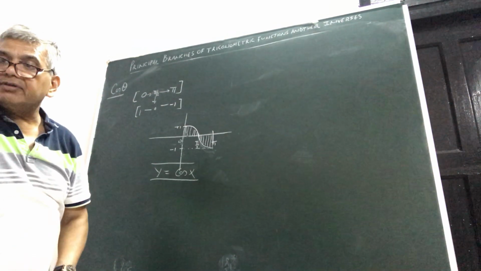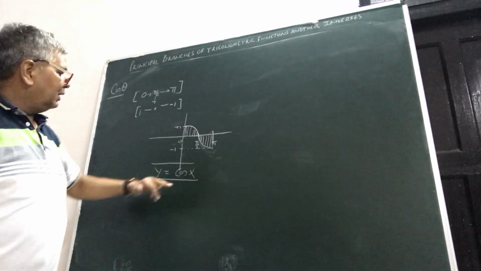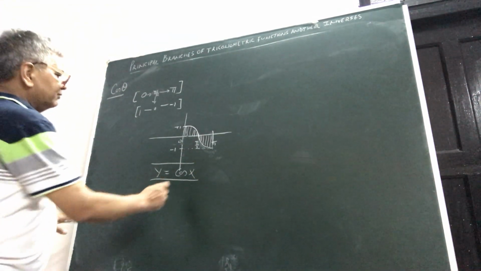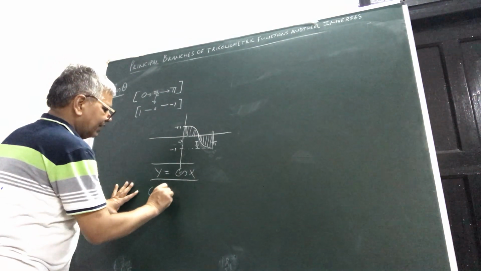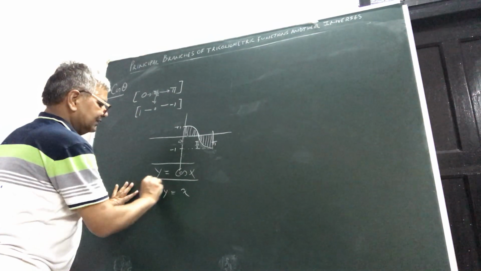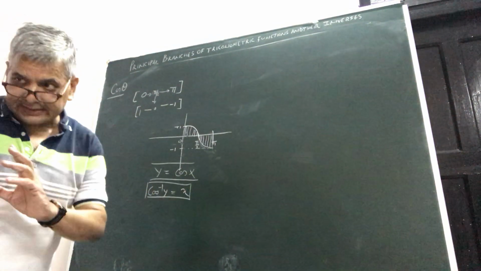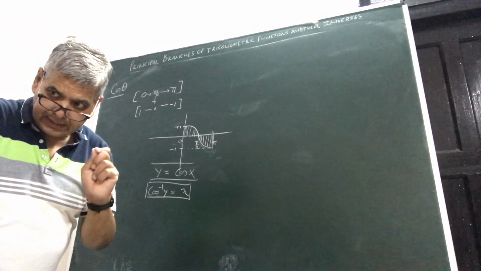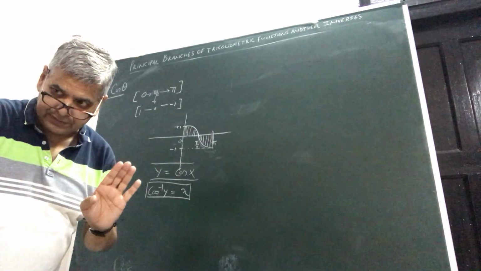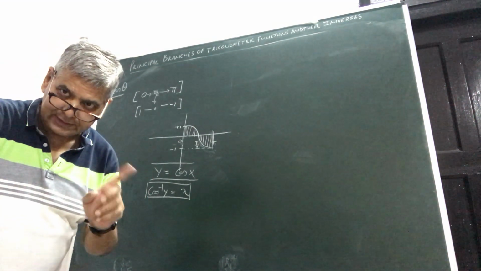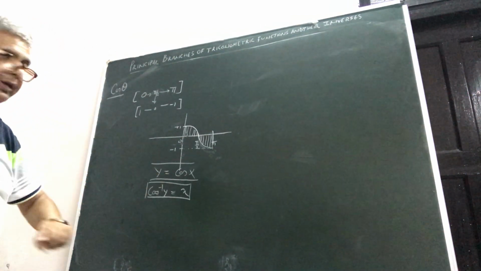Now the function is 1-1 and onto. So for the inverse, cos inverse y will be equal to x. This is how the function is defined. And that theorem on how we have defined the inverse function, provided f is bijective, was that if f of x is equal to y, then f inverse of y is equal to x. That fact we would be employing repeatedly here.